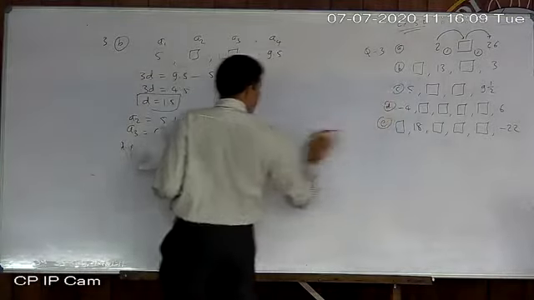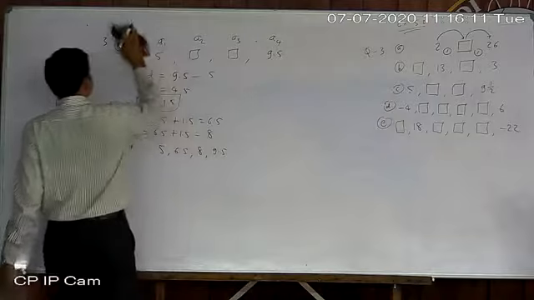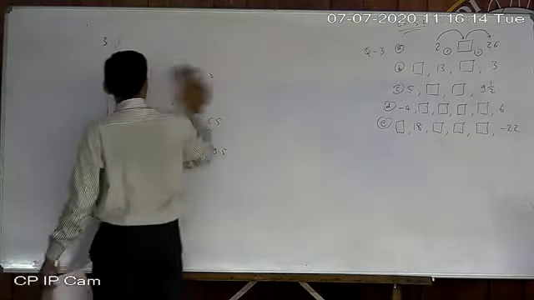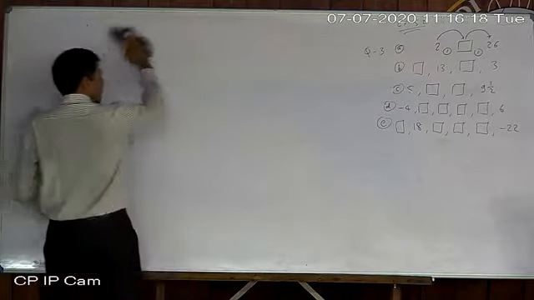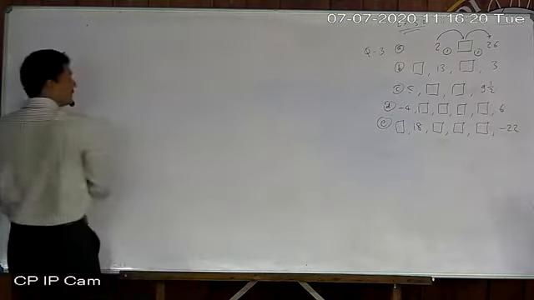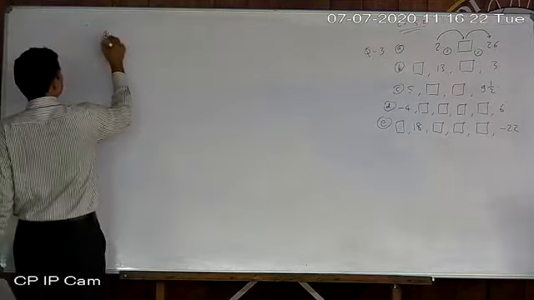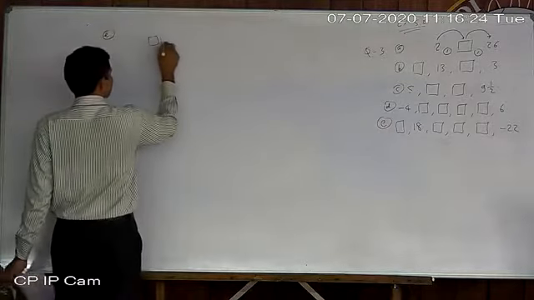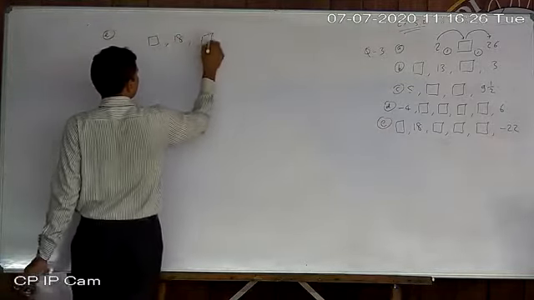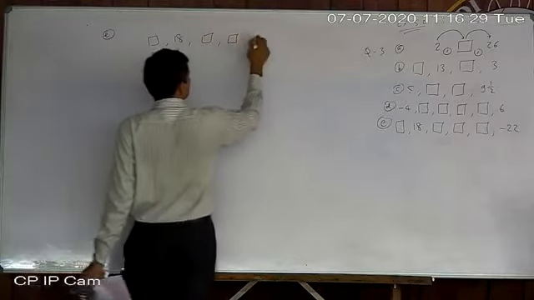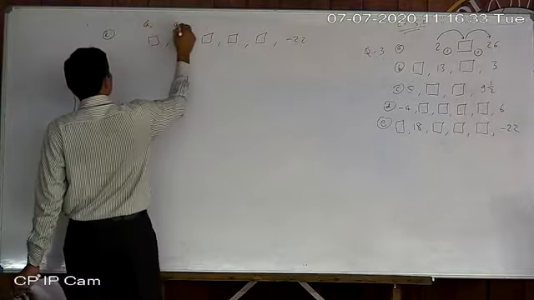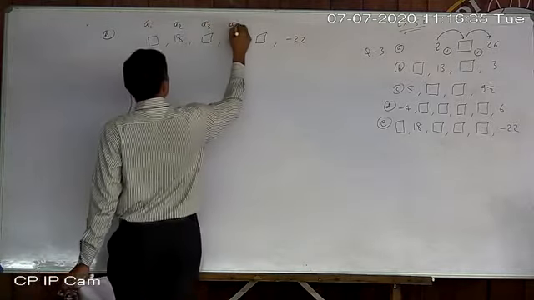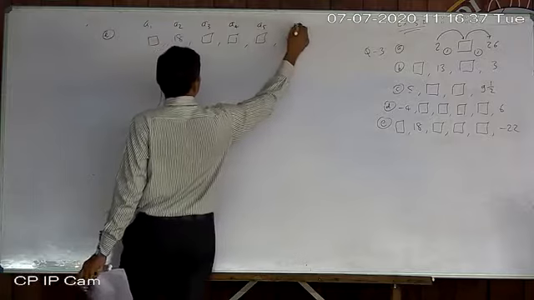Now the last one, E. Okay. Already that is given. You can solve it this way also. Otherwise I gave you one type of solution yesterday also. Now E. 1 is not given, then 18, then 3 boxes are there, then minus 22. They are A1, A2, A3, A4, A5, A6.